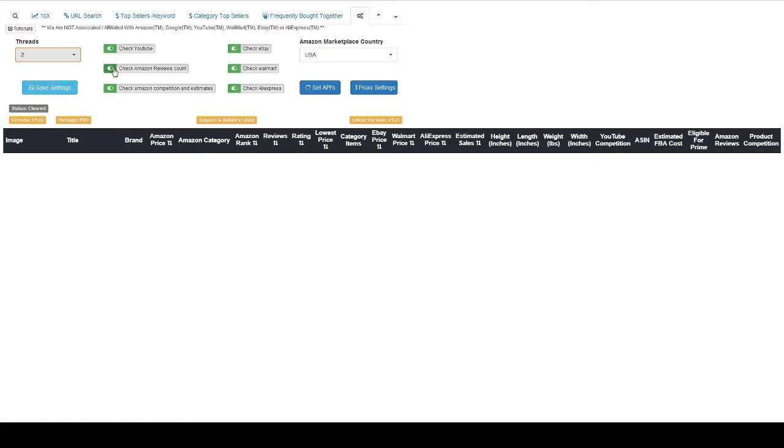In the middle there are 6 checkboxes that are directly connected with the generated product results. If check YouTube is green, then with the product results under the YouTube competition file you will get how many videos are created for that product on YouTube. If check Amazon reviews count is green, you are going to get how many reviews that product has on Amazon